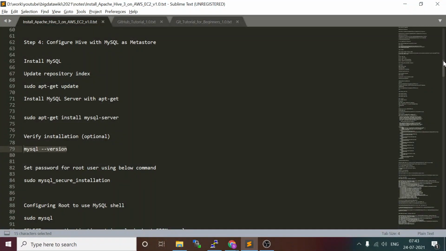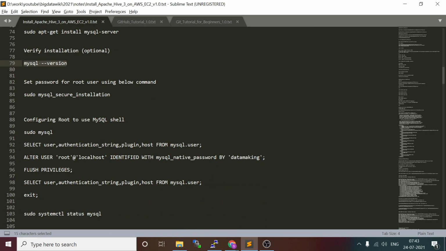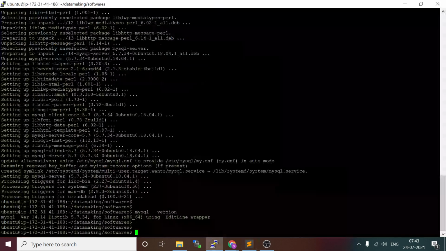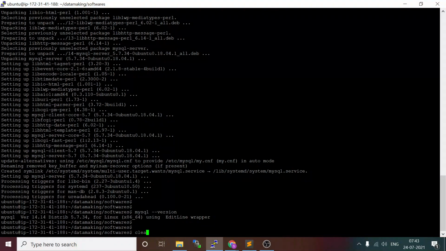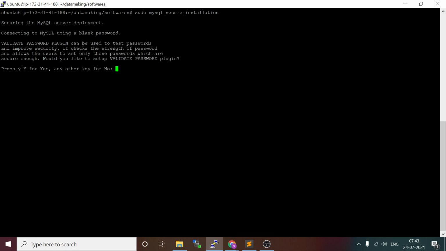Now let's set the password for the root user. MySQL comes with a user called root, so you just set a password. For that you can run a utility that comes by default: sudo mysql_secure_installation. I'll run this.